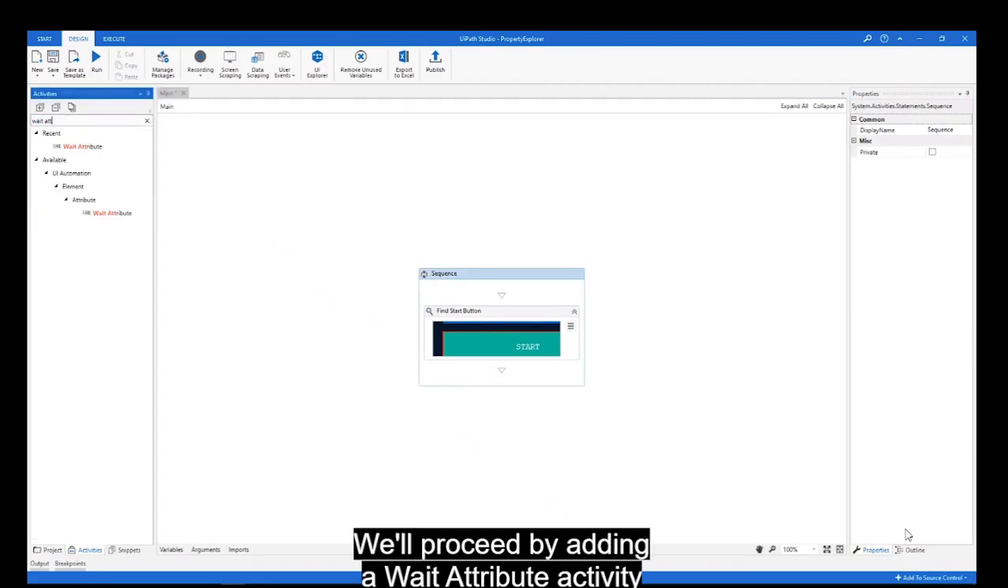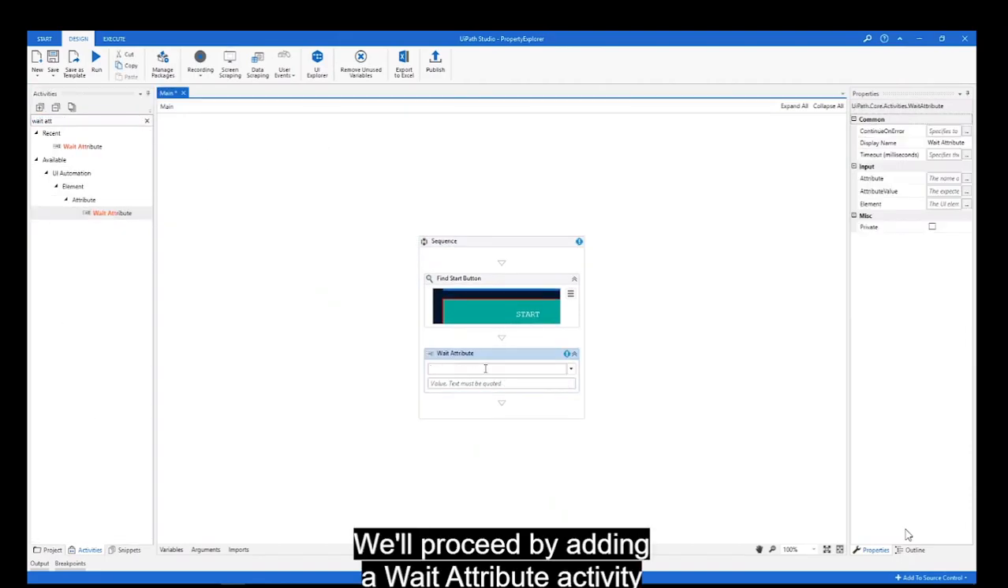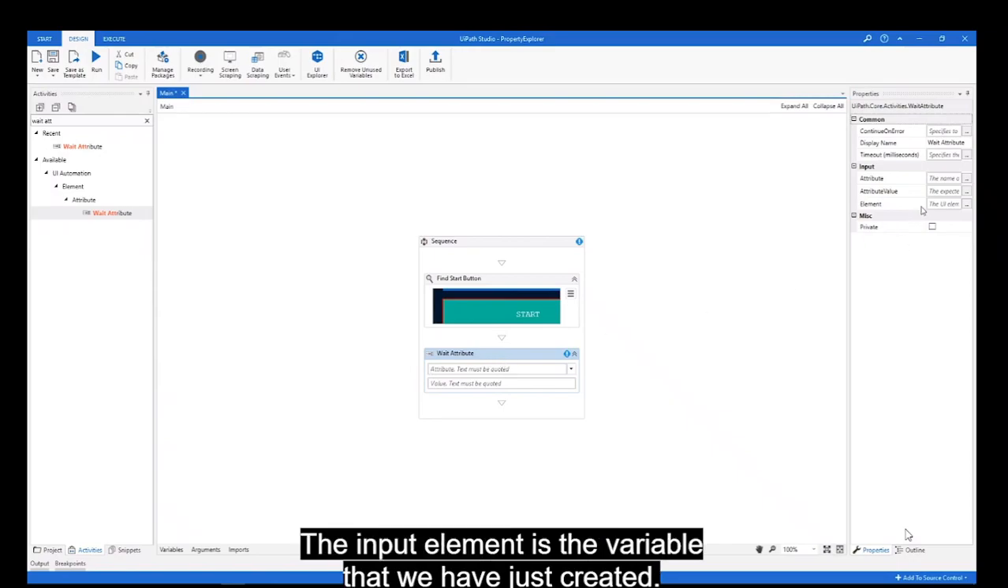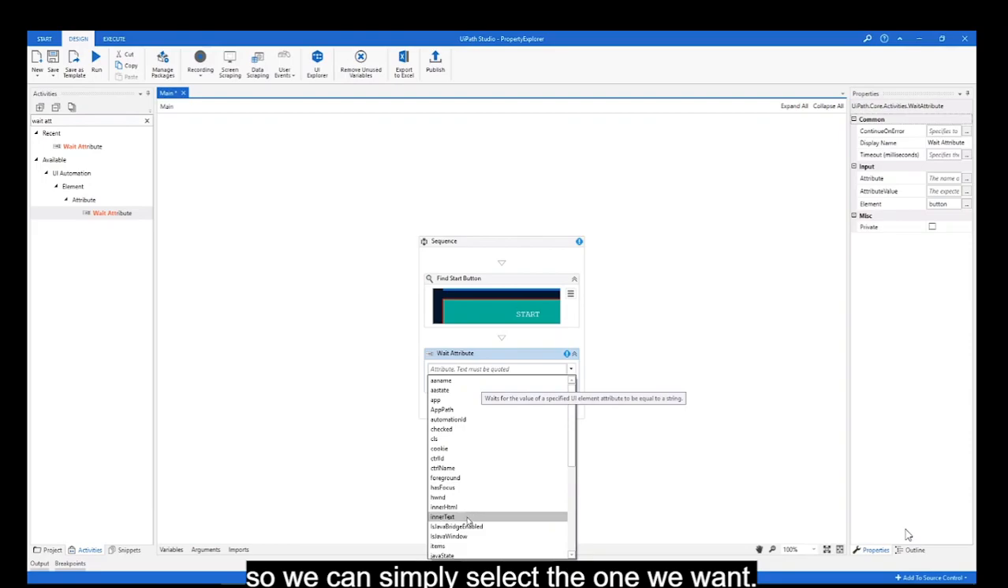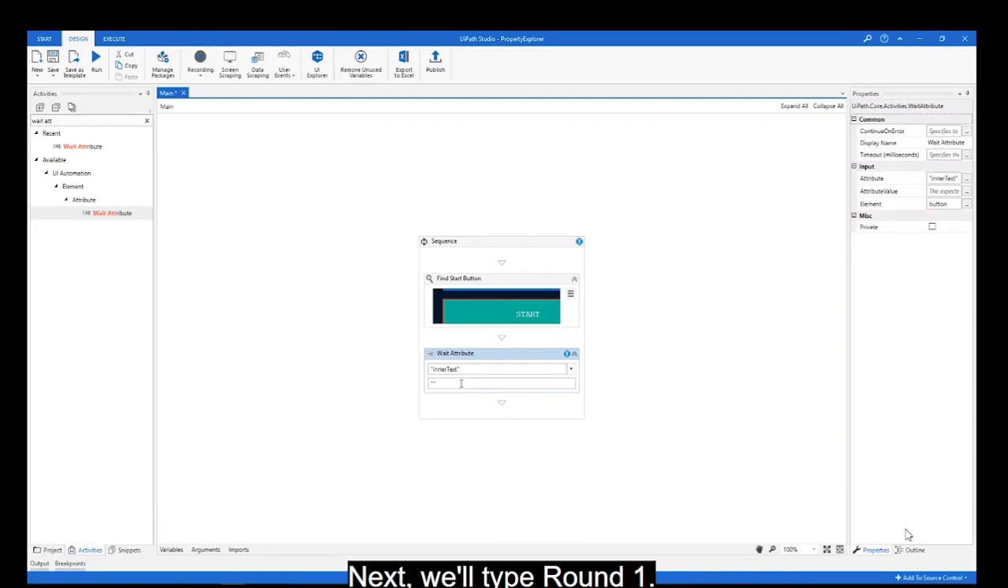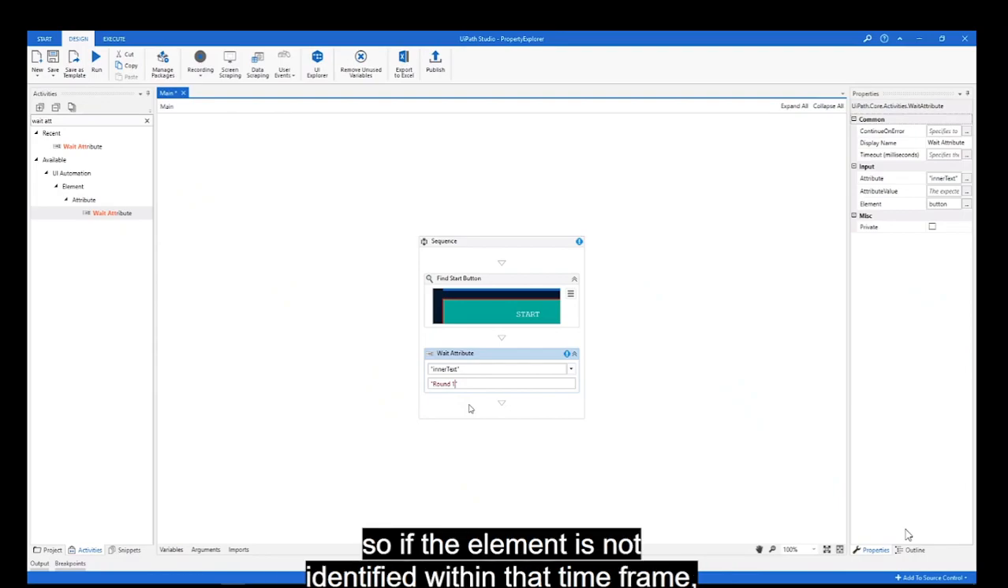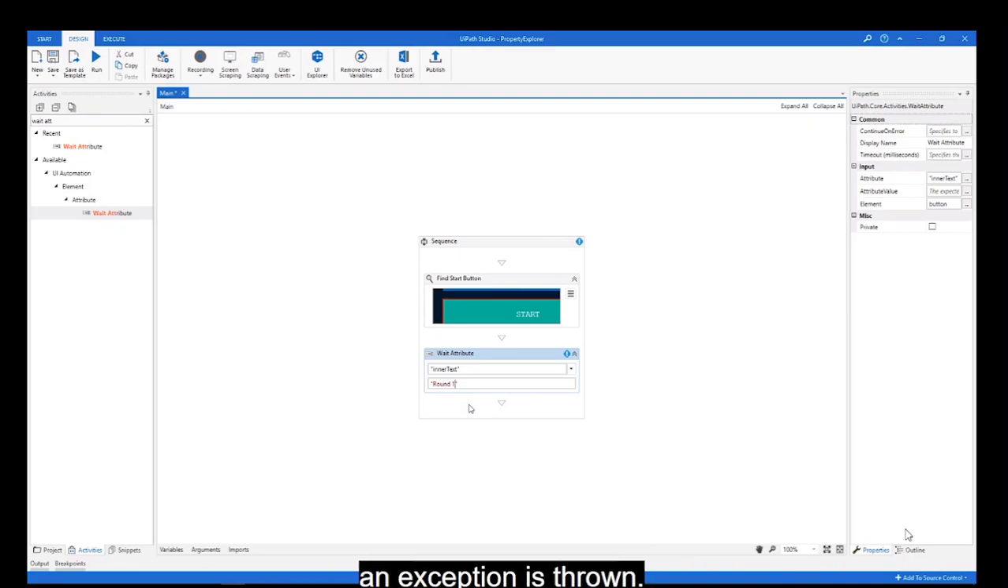We'll then proceed by adding a WaitAttribute activity to the Designer panel. The input element is the variable that we have just created. The attribute list was automatically compiled, so we can simply select the one that we want. Next, we'll type round 1. The activity has a 30-second timeout, so if the element is not identified within that time frame, an exception is